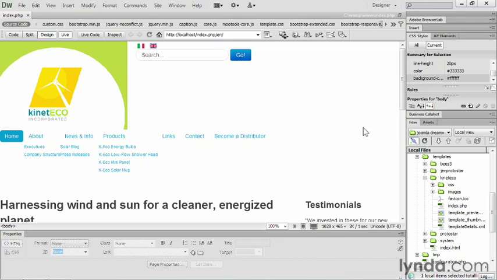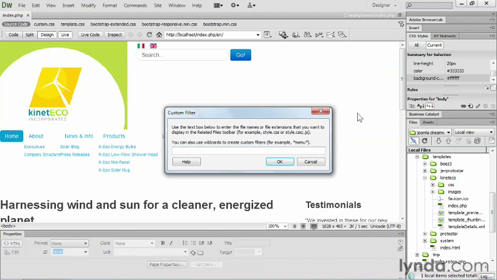So to get to the files that you can actually edit, there is a filter feature here inside of Dreamweaver. And by default, it's showing you the CSS files and the JavaScript files. You can turn off the JavaScript. That will cut you down to just your CSS files, which is a wonderful thing. You can actually filter this even more. There's a custom filter setting. So you could come up with some sort of file name convention that would only show the file names that you wanted to see using this filtering capability. So that exists here for you.